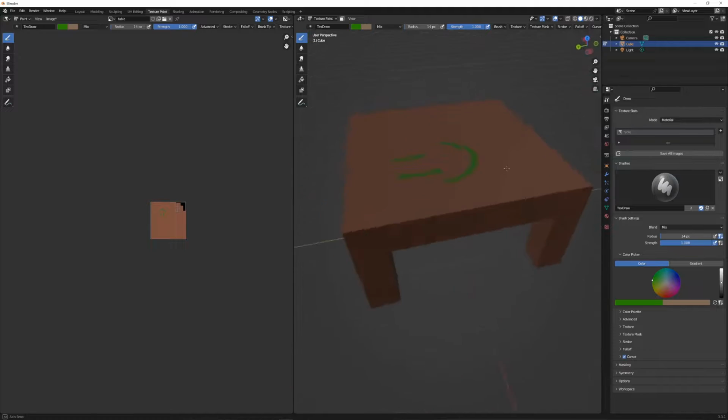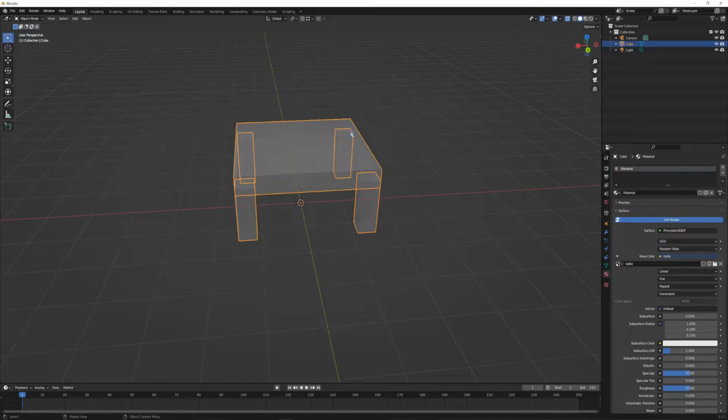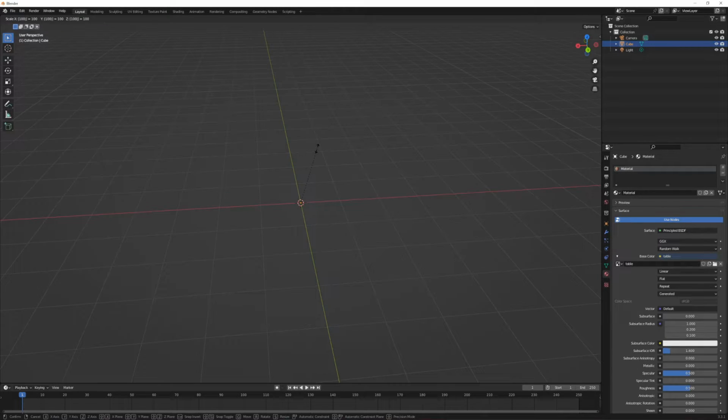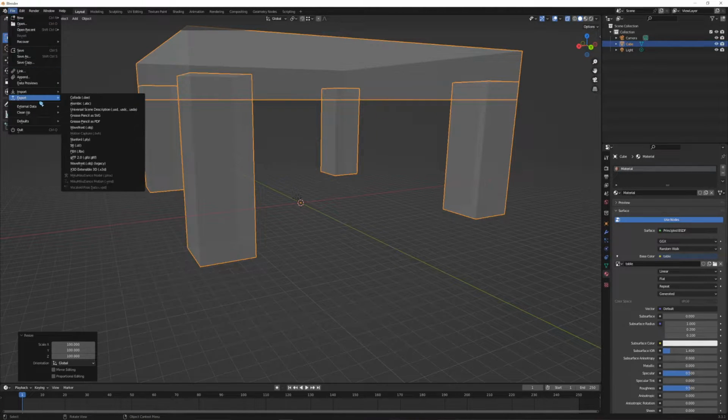Okay, so this is the very basics of how to make a model and put it into Voices of the Void. Now you take your entire cube, you scale it by 100, you hit the S key to scale, and you can just type 100 on your keyboard, and it will scale it by 100 on all 3 axes. Then you go to File, Export, and you go OBJ, Wavefront,